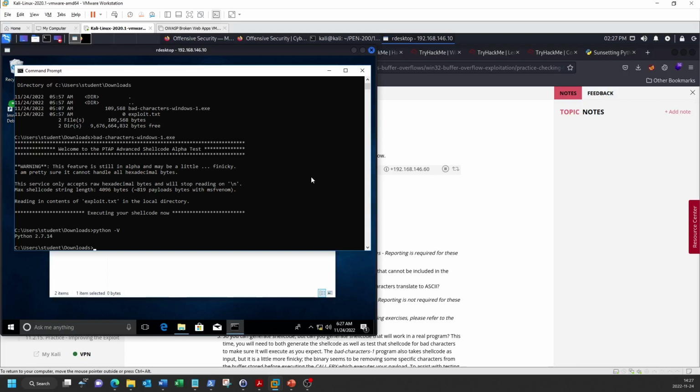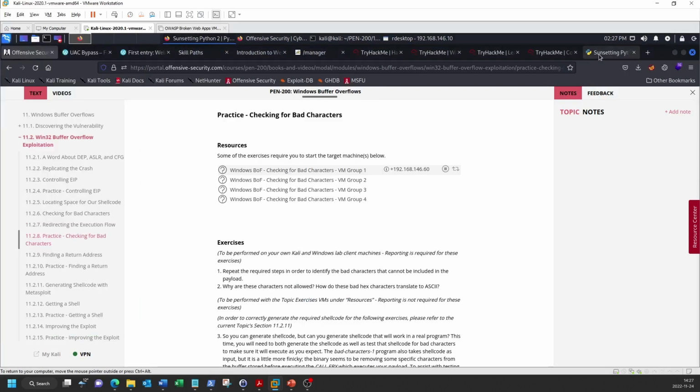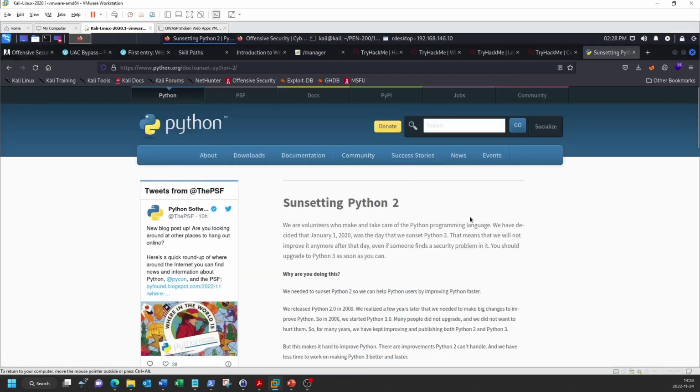For this specific situation, some people recommend using Python 2 to test for bad characters. However, it's worth noting that Python 2 reached end of life in January 2020, almost 3 years ago. So, I think that it's best to use Python 3 for any new scripts you create. However, as a more general point, you might come across a similar issue when you use existing scripts from ExploitDB. If the script was written in 2014, it was probably designed for Python 2, and you might have issues if you run it in Python 3. In that case, it's easier to run it with Python 2 rather than converting it.